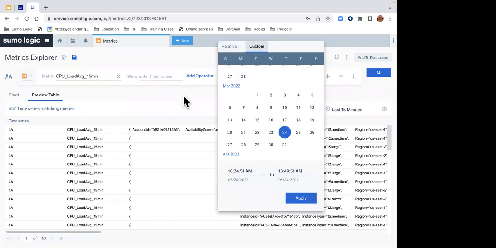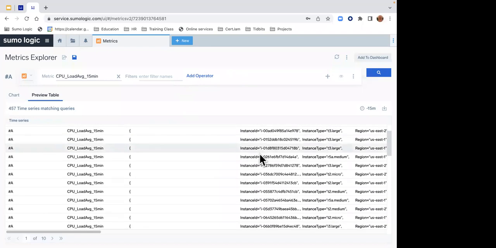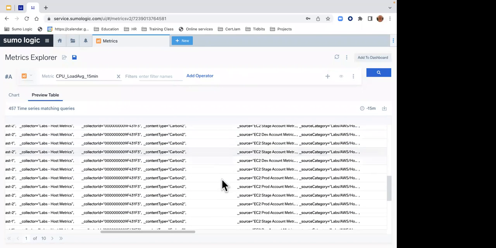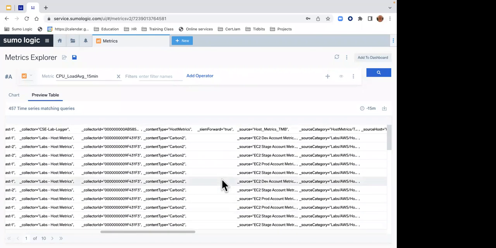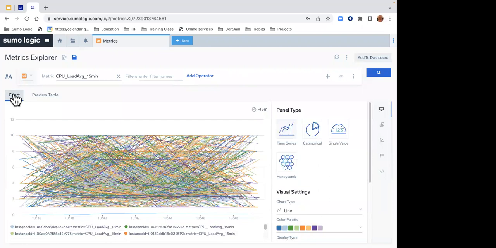So, but we're going to go with 15 minutes. 15 minutes is fine. Here in my preview table, it's showing me all of the different metrics that I am looking at. Now, this is not only my computer, this is any computer we've got going into Sumo Logic that I have rights to. So I'm looking at my EC2 prod account, my EC2 stage account, all kinds of fun stuff in here. I can click on chart, and when I click on chart, oh my gosh,